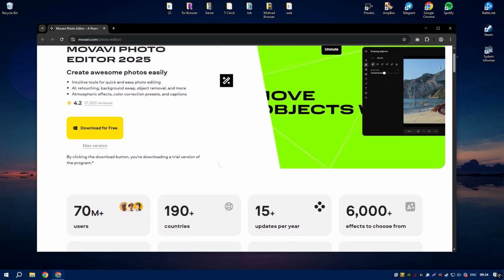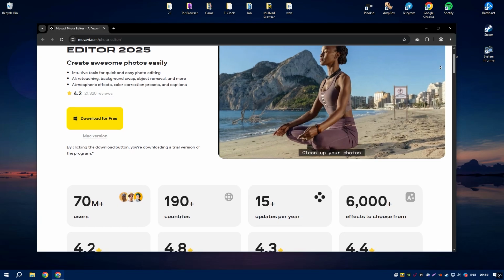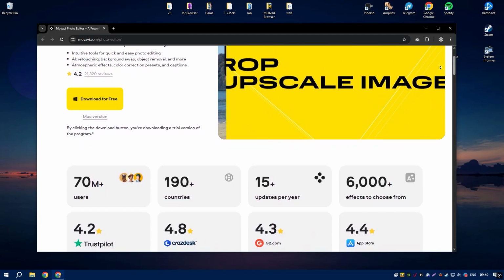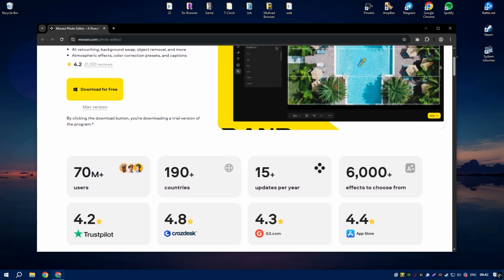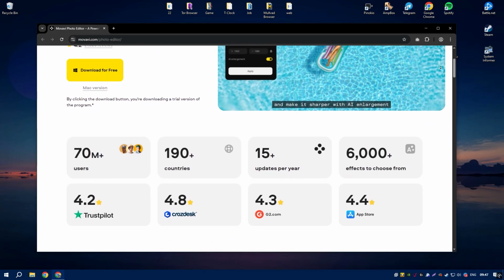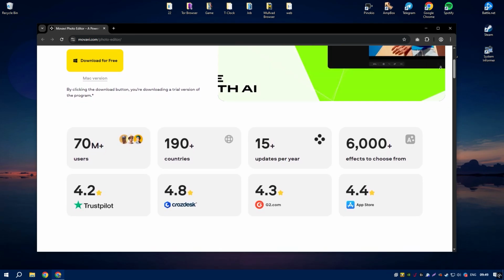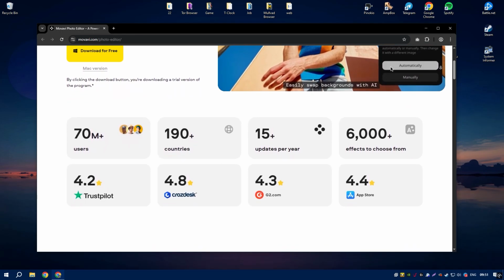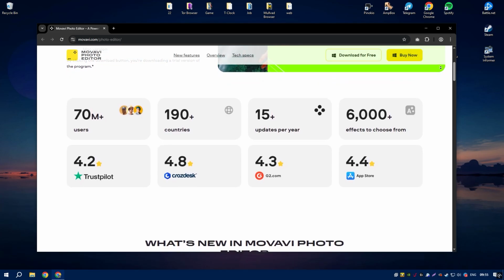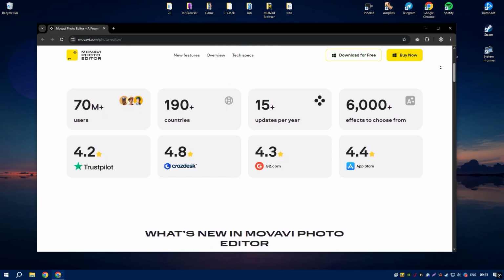Movavi Photo Editor is a straightforward and accessible image editing tool that caters to users who need quick and effective retouching without the complexity of professional software. It features AI-powered enhancements, background removal, object removal, and a range of filters and effects to improve images effortlessly. The interface is clean and intuitive, making it suitable for beginners who want to edit photos without a steep learning